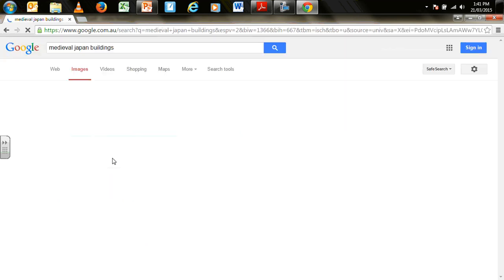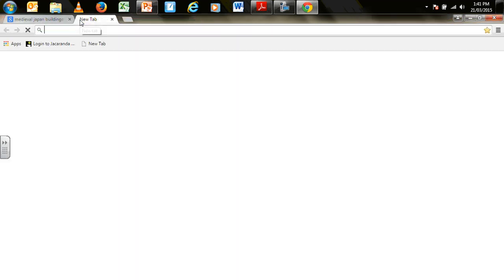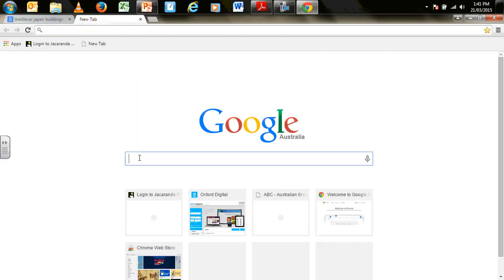It's really important for you to get an understanding of these because when it comes to evaluating the buildings in the game, you're going to want to be able to say, what did the buildings of the time look like? Because not all of the buildings are actually samurai houses. If we have a look for samurai houses,